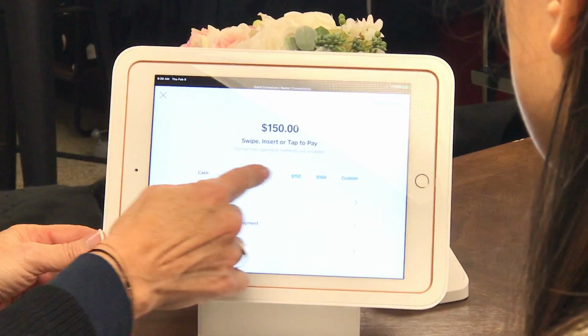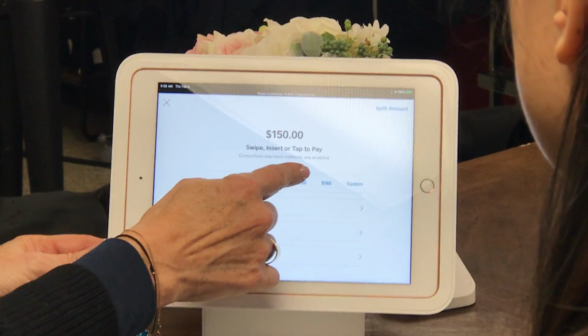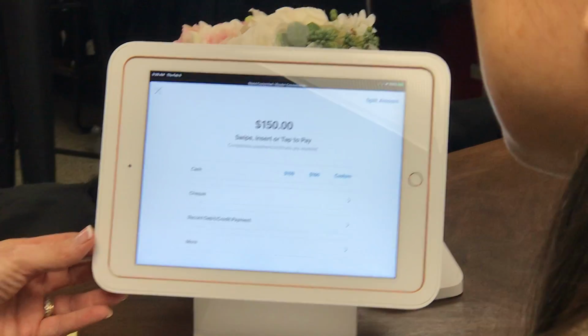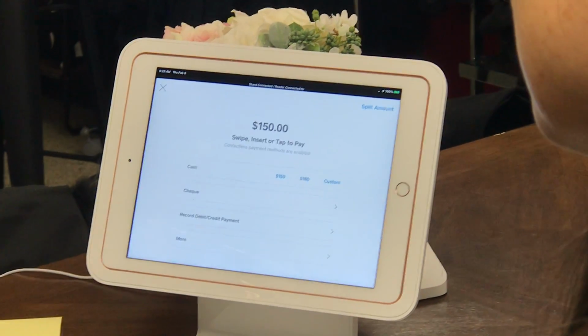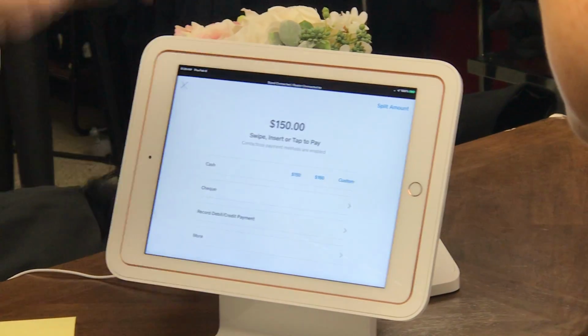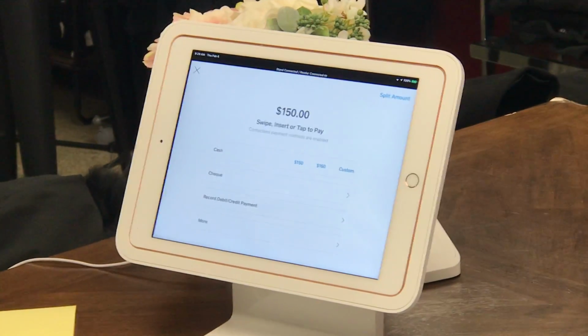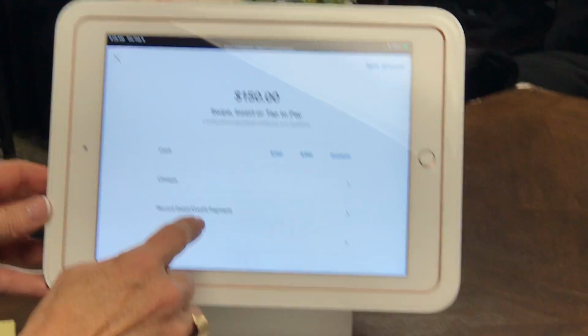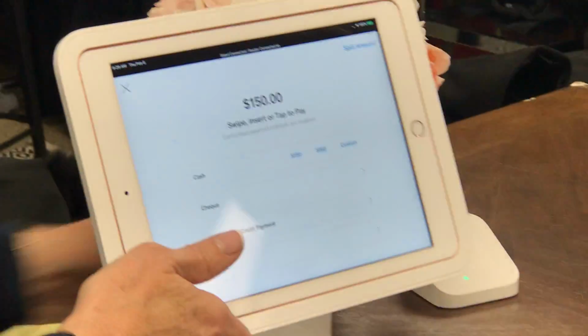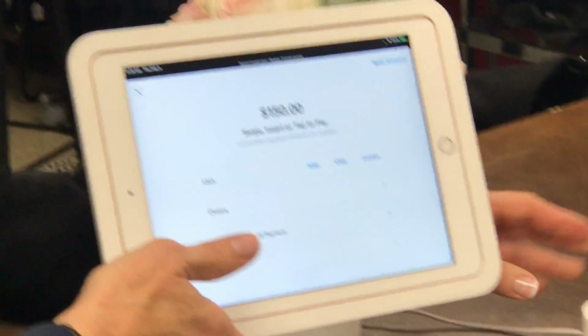If you were going to pay cash, you would put that in as cash, because then we have a cash box. The cash will go in the cash box, and then it will go into the recording for Gabby that we have a $150 Square transaction. If they are going to pay by credit card,